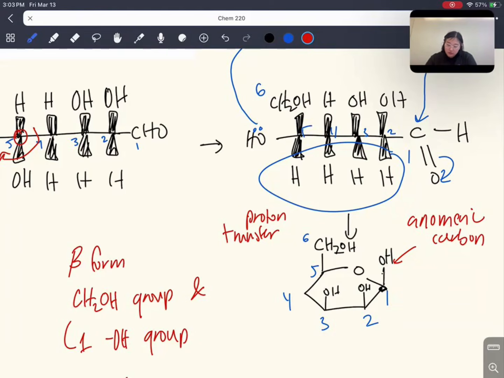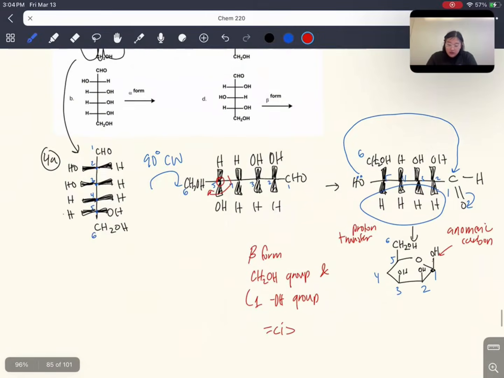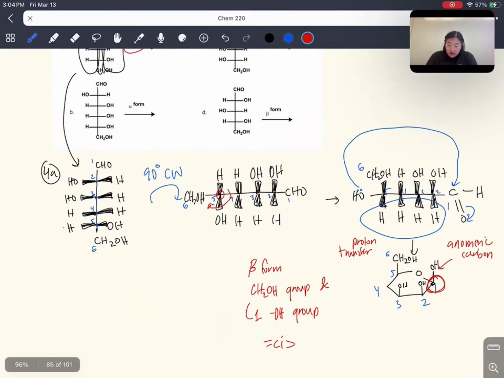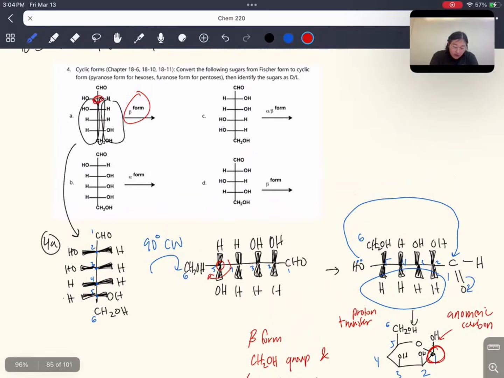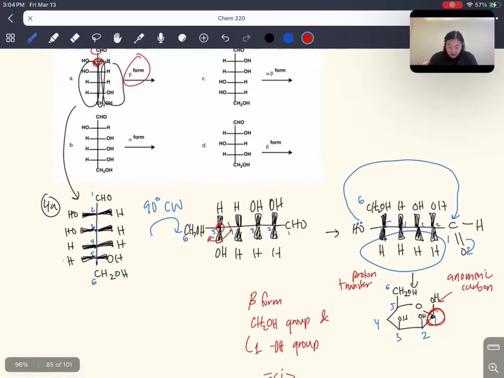And so the key thing here is to number your carbons and remember that your anomeric carbon is not carbon 2. The carbon that ends up right here next to the oxygen might look like this carbon over here, but it's not. It's actually going to be your aldehyde carbon. So it's very important to keep that in mind when you're drawing it, which is why I would suggest numbering your carbons 1, 2, 3, 4, 5, 6